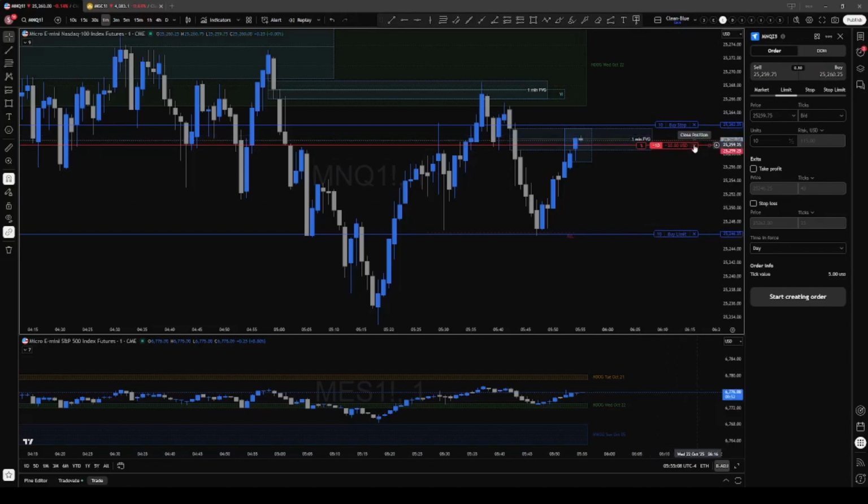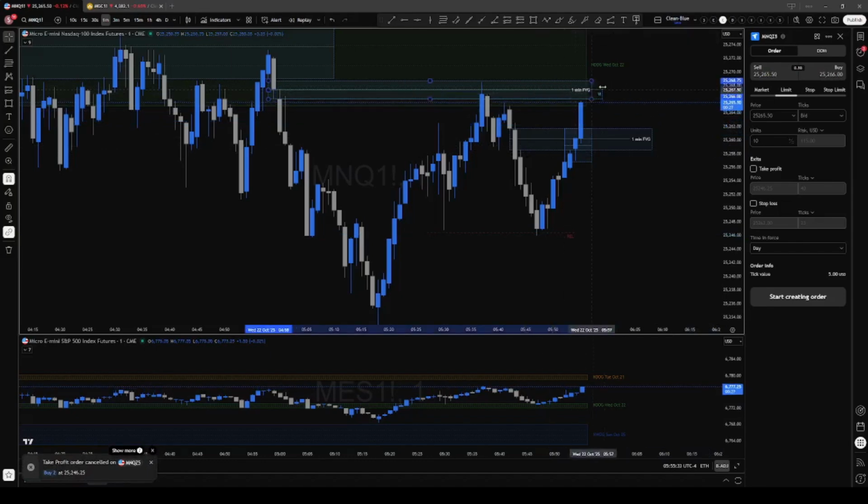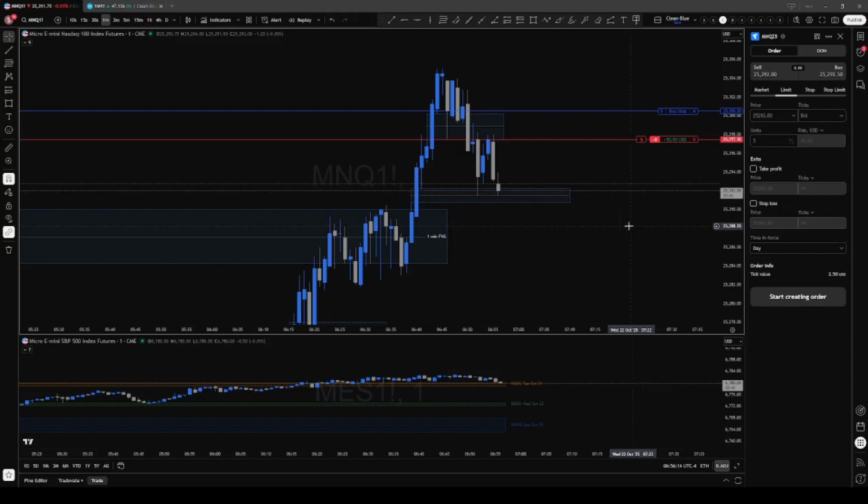and immediately it went against my favor. It was pretty quick that I was stopped out, so I should have realized that we do have some liquidity sitting above to the left that we were going to take out. So I did have another trade after that which was also not a good trade. I think between the 2 losers it was like an $80 loss between the 2, so it was very small,